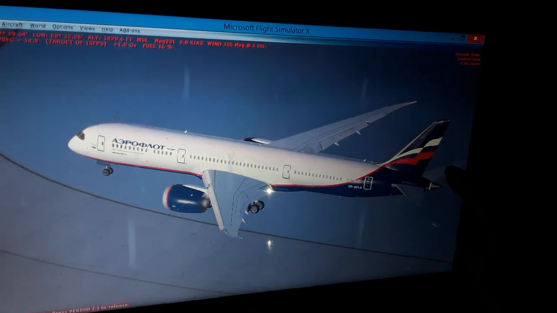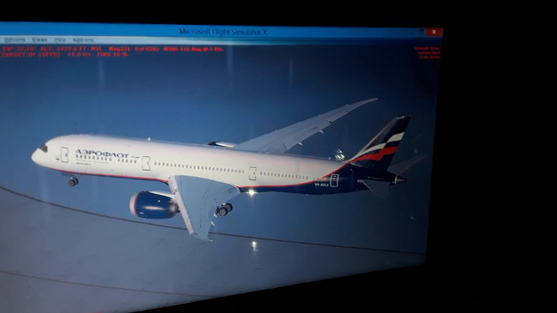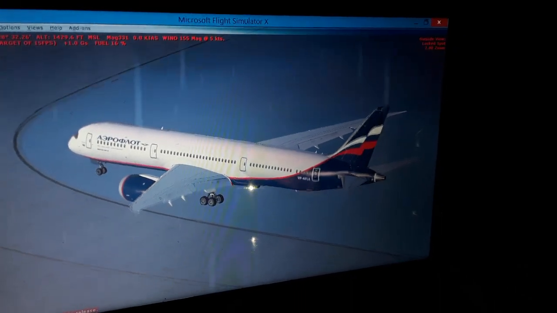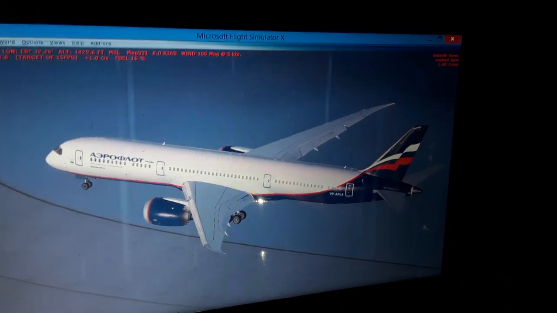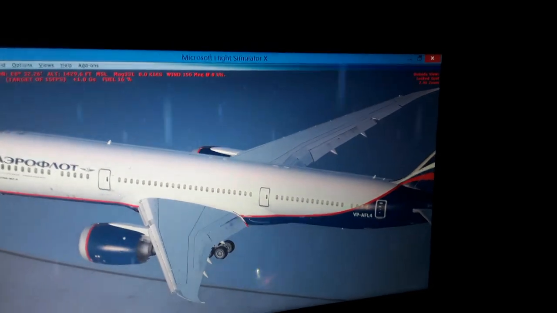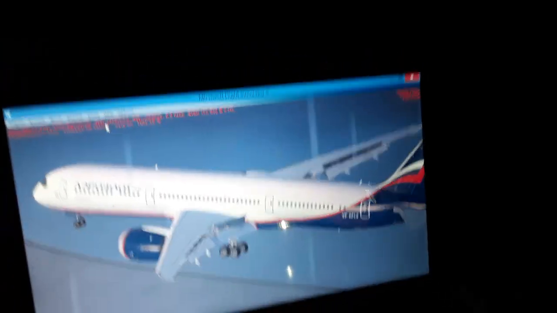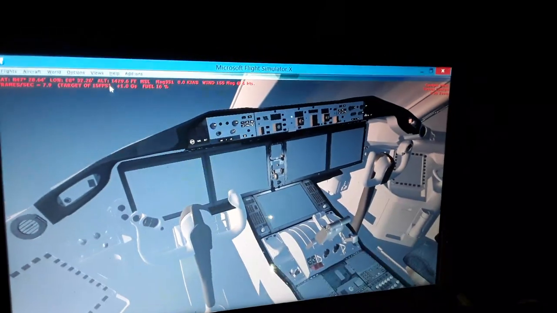We have all this also from the tail over here, the vertical and the horizontal. So these are the main components. The principle is very simple. So I'm gonna show you now the flight controls of the